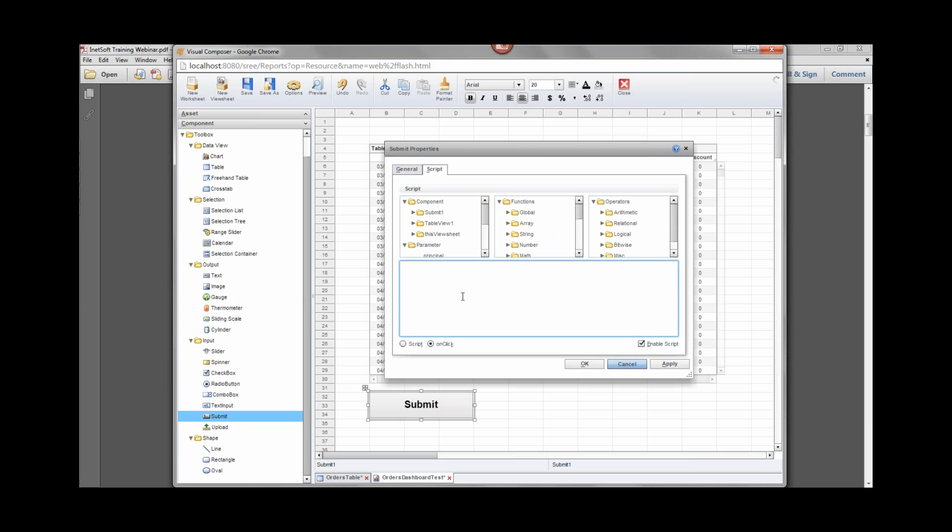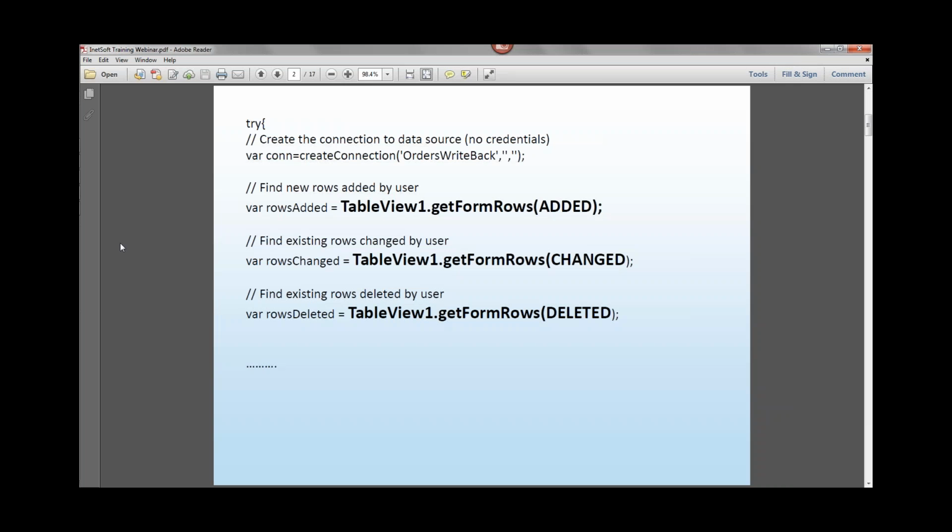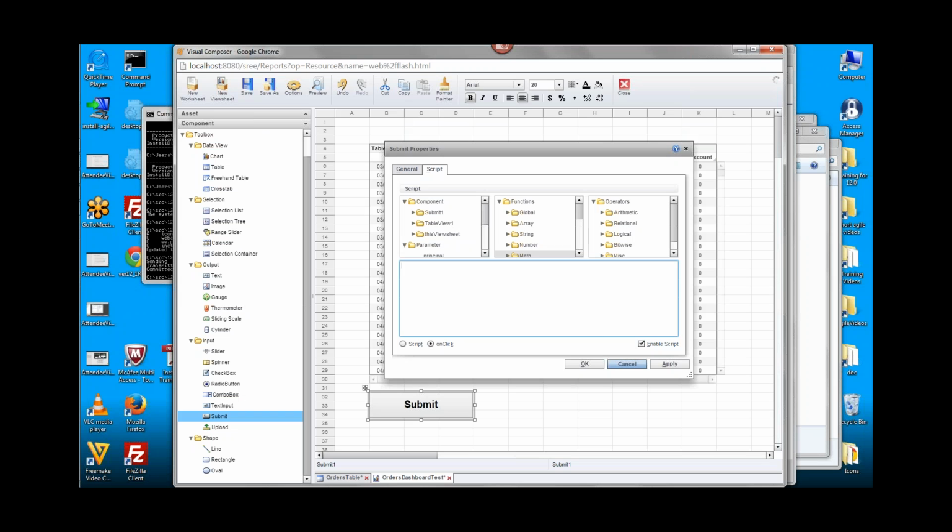Basically I'm going to use the get form rows changed option, which is this one in the middle, to find out what changes the user made and then just display those in an alert. First of all, I'll capture those changes, the array of user changes, in a variable that I'll call something like rChanged for row changed.